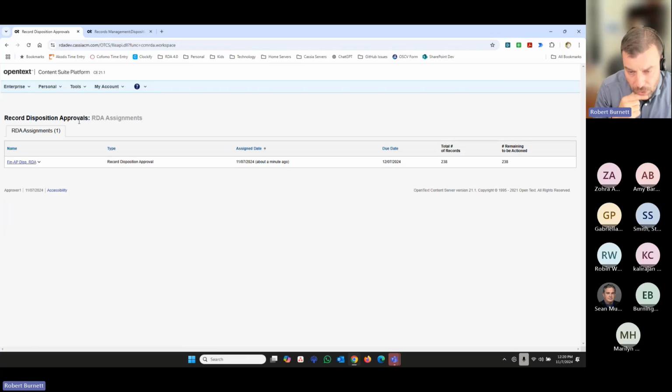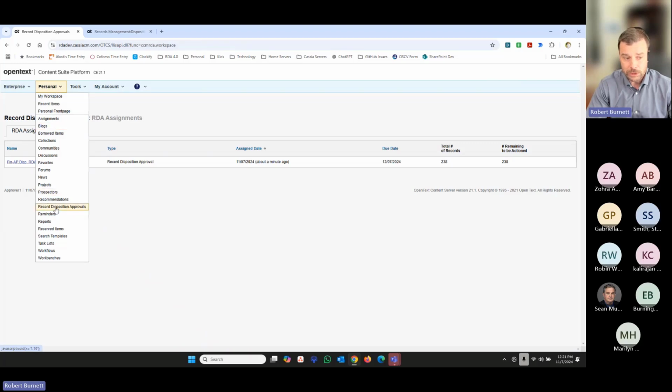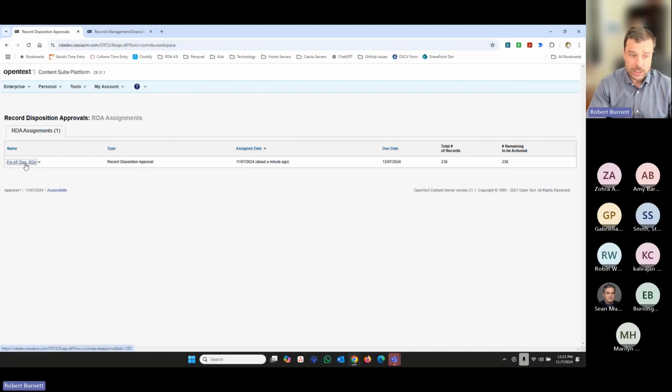Okay. So when the records manager has initiated that RDA work package, an email is going to be sent to the approvers. Now that approver was actually a group. And so every member of that group is going to receive an email informing them that they have been assigned an RDA package, and it's going to be linked to their personal RDA page over here, which we took a look at. And so they can also navigate to it through their personal menu under records disposition approvals. So here you can see the RDA package. When I click on it,